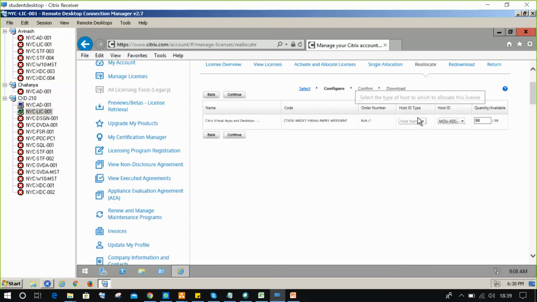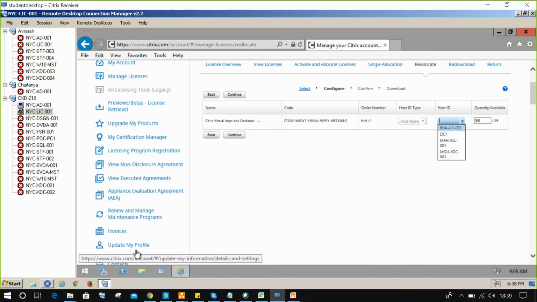So here we have a host name. So here is exactly how to type your host name details. I just deleted the previous details. And what is our license server name? NYC-LIC-001. But actually I need to check whether the exact name is present or not.